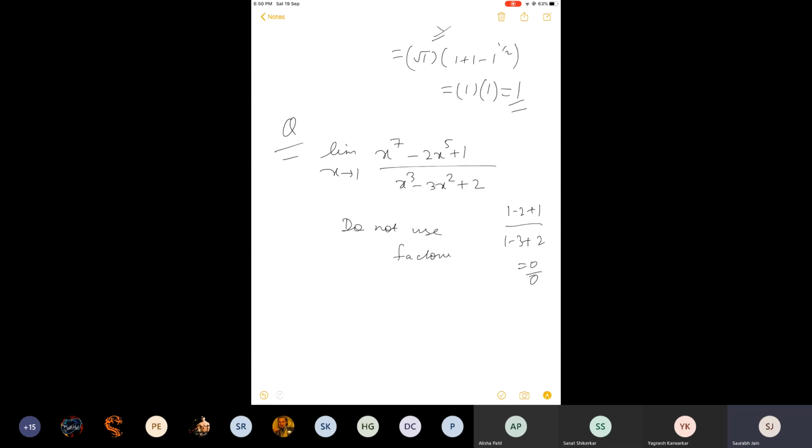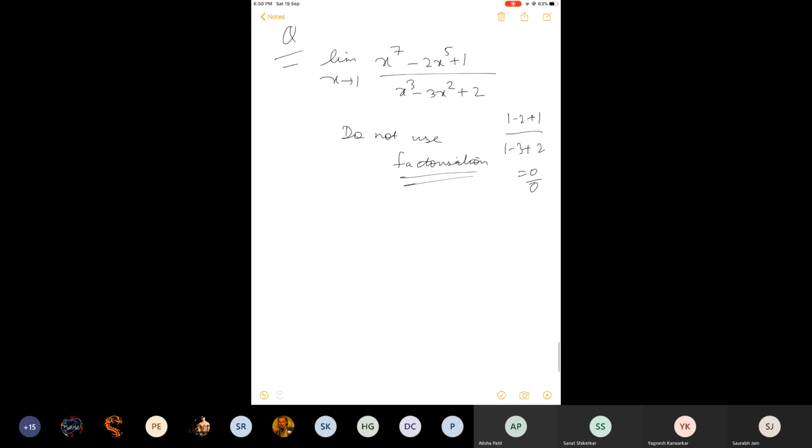Some of you might be doing the long division method, okay? But that will take a lot of time and we have to solve questions in not more than 2 minutes. So we cannot afford to waste too much time on this particular question if it comes in the exam, like 4 minutes, 5 minutes. No, it should be solved within 30 seconds. And how? That I will tell you. But do not use factorization for such type of questions. If they are easily factorized, it's okay. Then I will tell you how to solve it. But before that, questions based on rationalization.